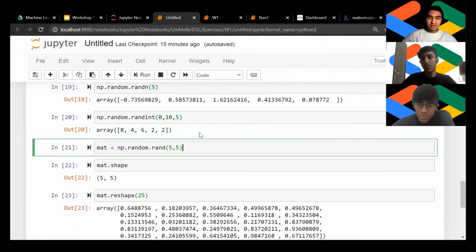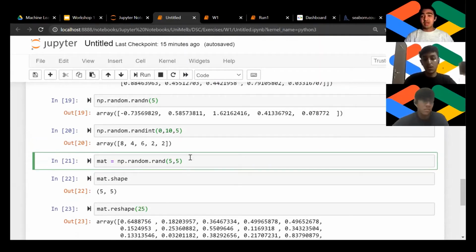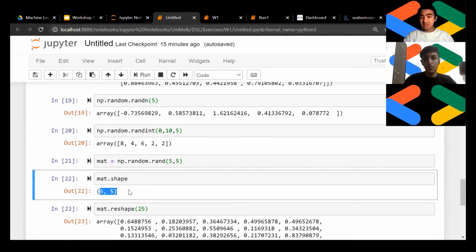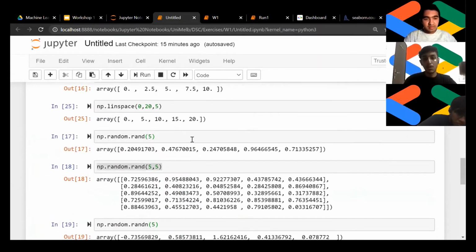So before that, I will just briefly do shape because .reshape is related to .shape. So .shape is giving you the shape of your matrix. If it's a 2-dimensional matrix, it's going to give you 2 dimensions, which is 5 into 5 in this case. If it's a 1-dimensional matrix, it should give you just 5. Like, for example,